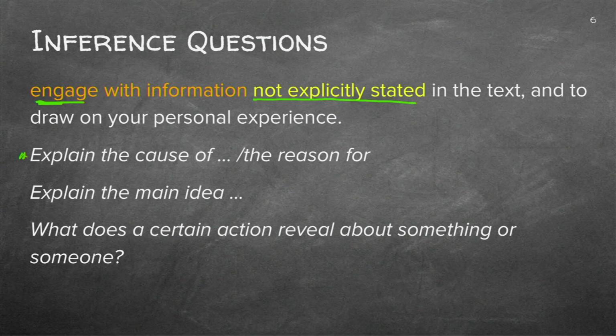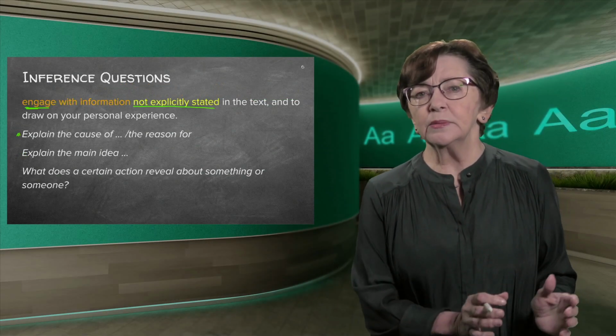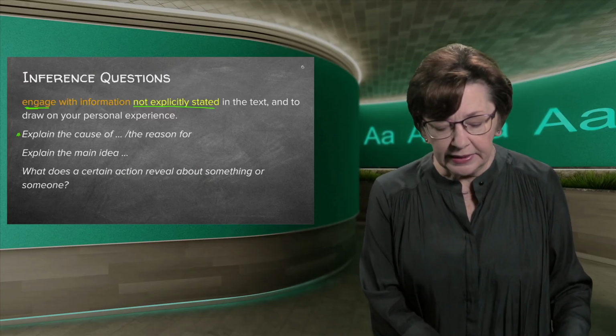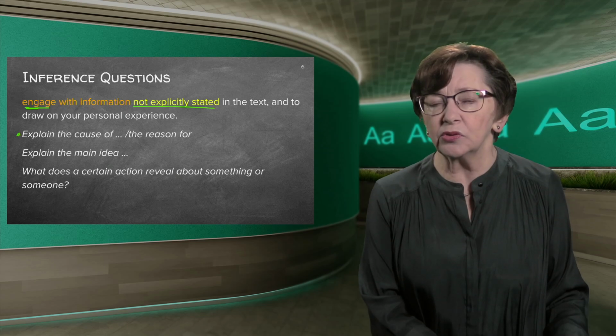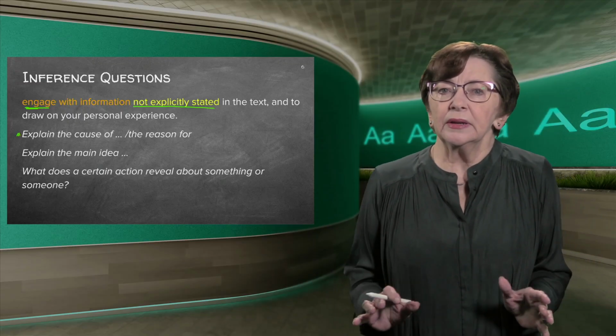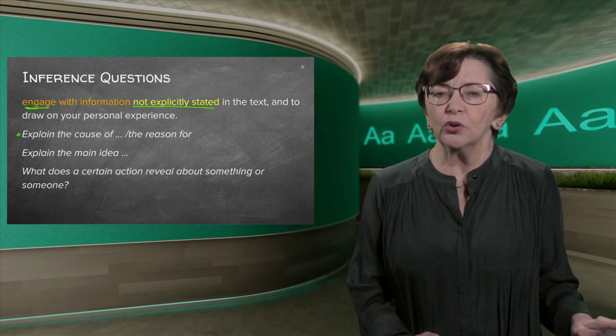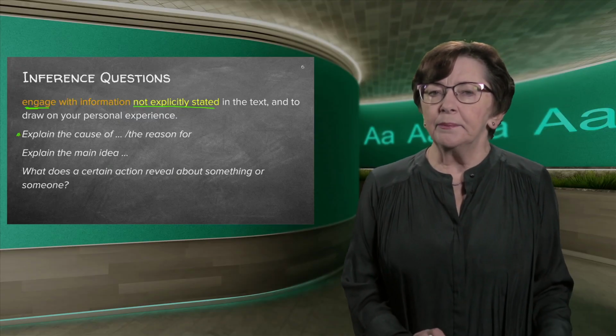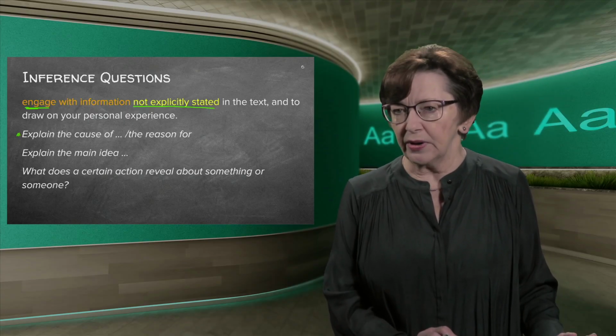Right. So let's say the text is about a guy who had to meet his girlfriend at a certain time, and in the morning everything went wrong. His car wouldn't start, and his neighbor came along, and he went home to fetch some tools, and it took too long, and so on. And this guy gets to his appointment with his girlfriend 20 minutes late. Now, nothing has been said yet about what his girlfriend is thinking or anything, but she just has an irritated look on her face, right?